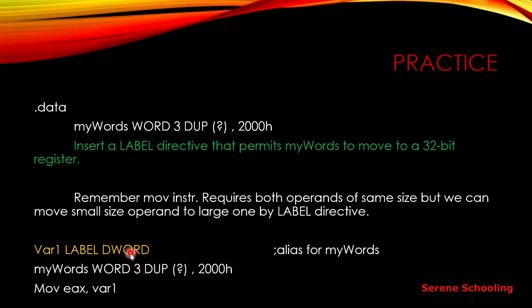And we know that dword takes the EAX register to store the data. Word requires the AX register. So now I have to move it into the EAX register. I cannot use AX because the data type matters in the move instruction. Okay, this is dword, so I have to move it into the EAX register, using this alias name, where 1 is the alias for my words variable, right? So in this way, all these elements will be copied into, or stored in, the EAX register.